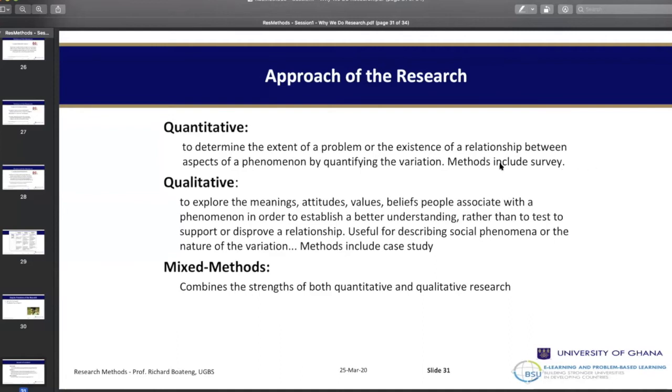Now, there are certain times in research that the challenge or the problem or the phenomenon will require a student to do a mixed method study, where he combines the strength of the qualitative and the strength of the quantitative. Now, one of the strengths of the quantitative studies is that it's able to tell you the dominant perspective or the dominant view in an issue.